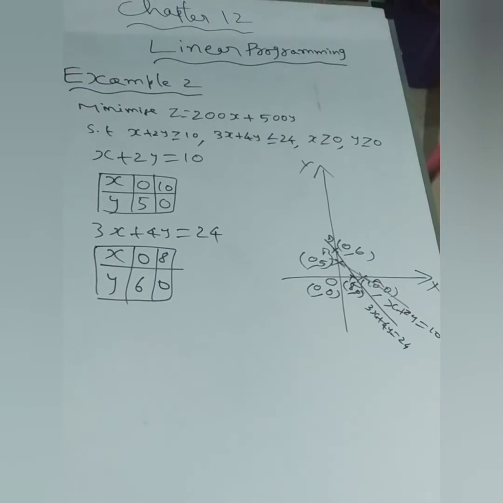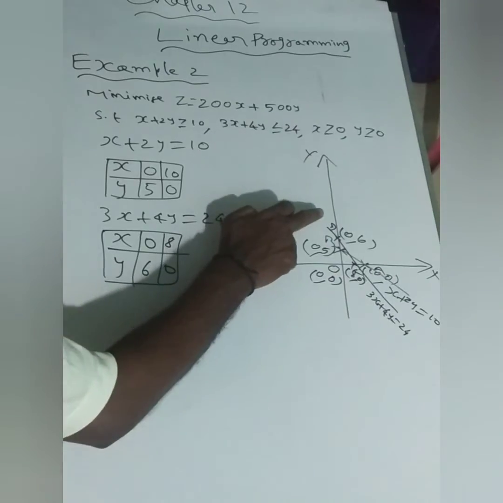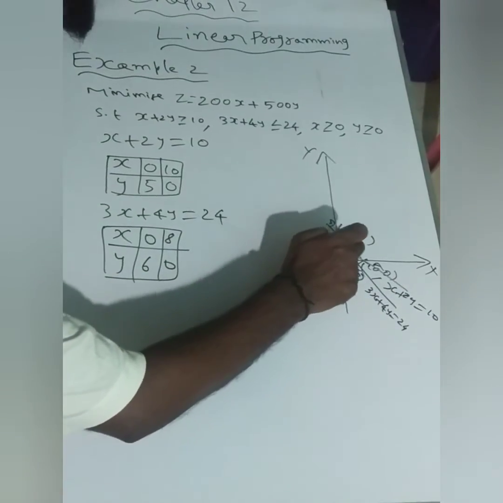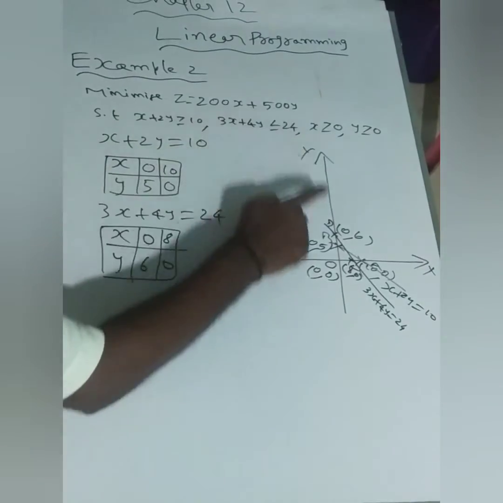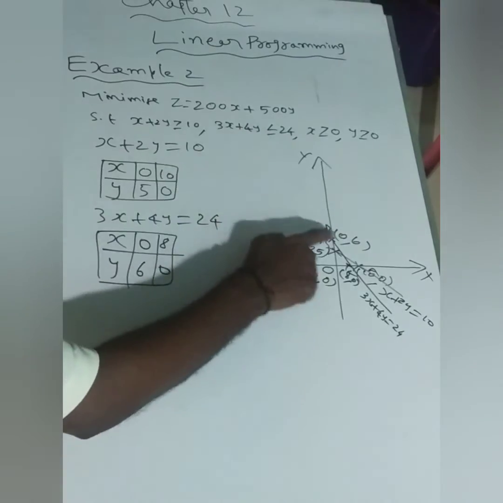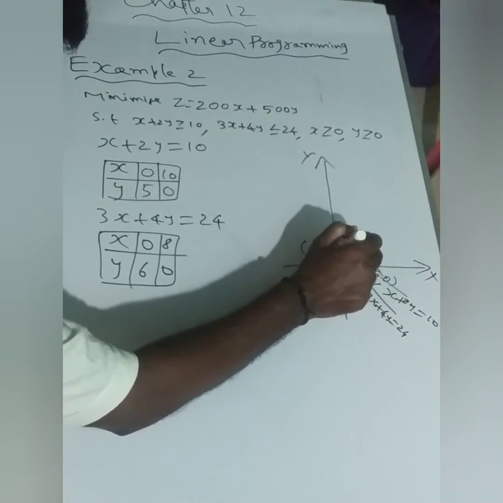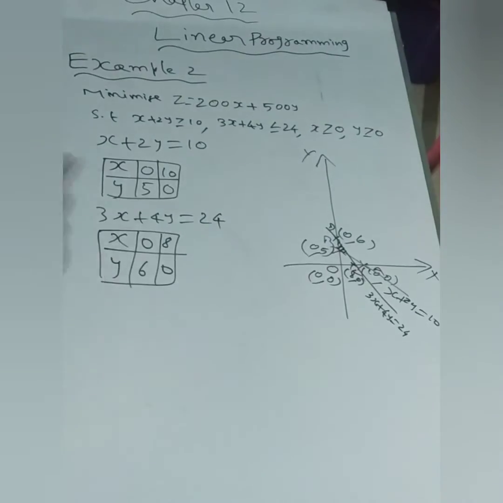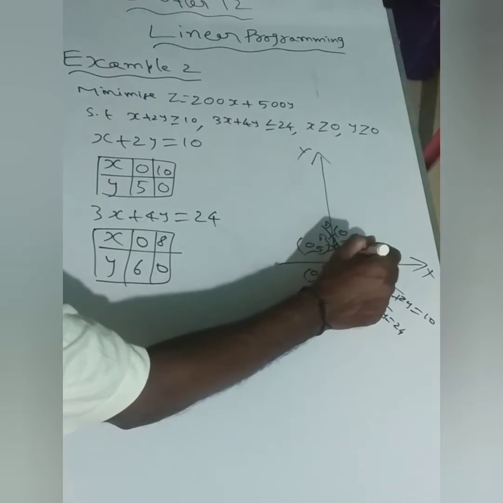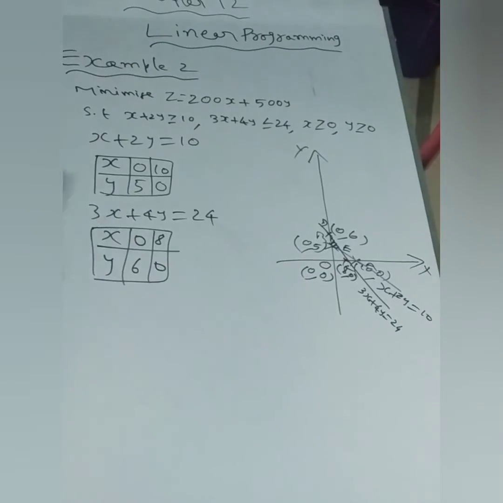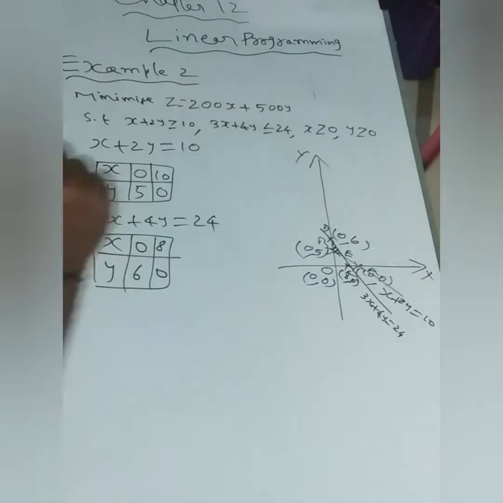Out of this, we have to see which is the common portion. For the first line, away from the origin means this portion, correct? And then for the second line, less than means 3x plus 4y towards the origin. So we will be getting only this portion. Please see the diagram. Only this portion. Let us mark this as E. Now, if you look at the shaded portion, this is called our feasible region.